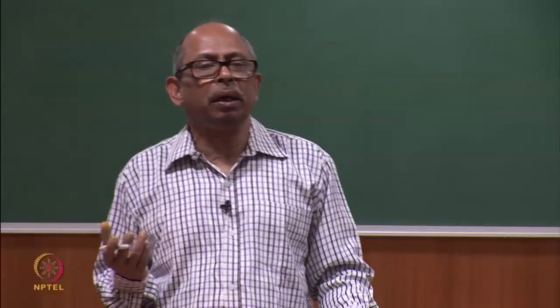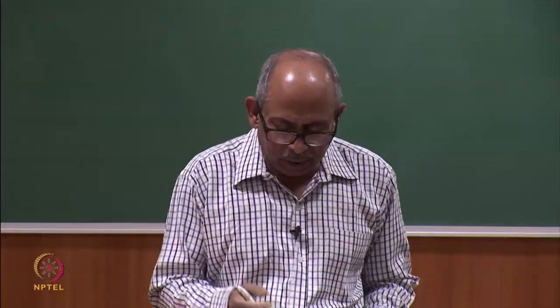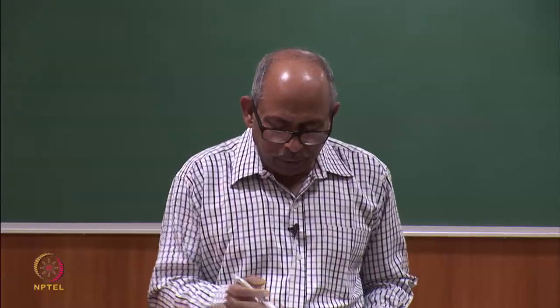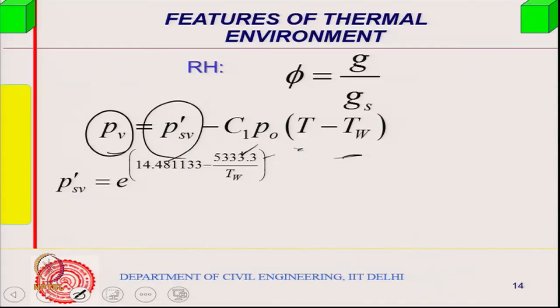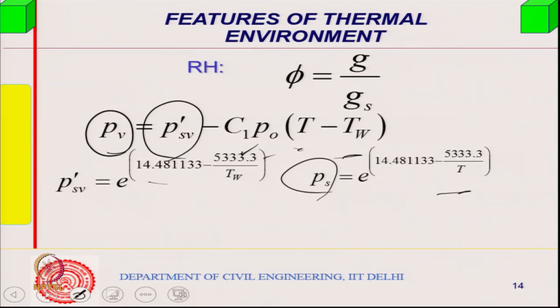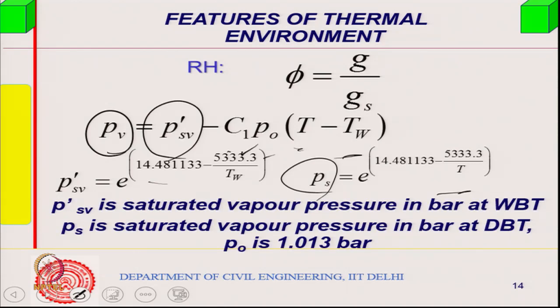Supposing you take it in 1 atmosphere, then this value is 1. So, you can find out in this manner, and PSB is given in terms of this kind of an empirical equation. And at any moisture content, the saturation vapor pressure is given by this formula. Like an empirical formula like this, maybe we should calculate it.